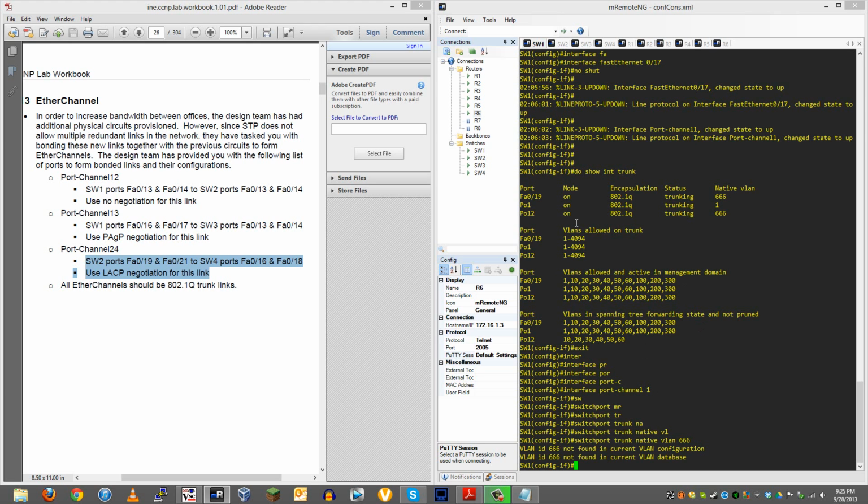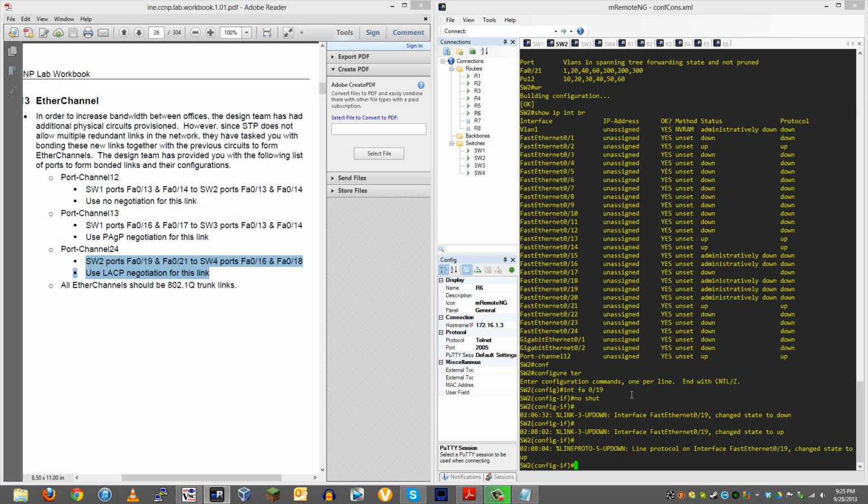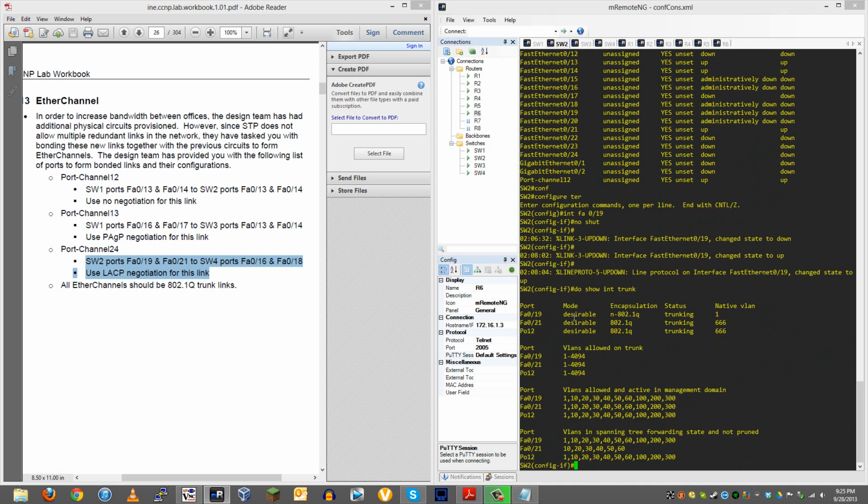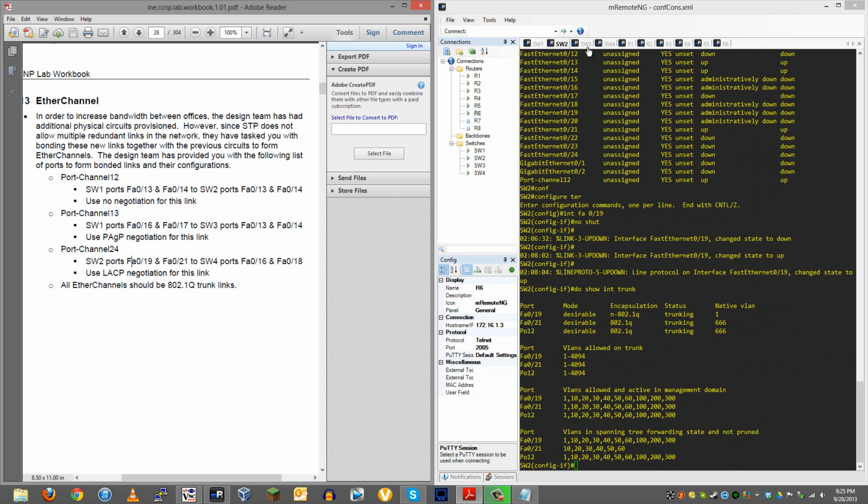What do you mean not found? I have it on the other ones. Okay, I'll just accept that. Show interface trunk. Switch 2 should have port 12 and port 24. So 12. Okay. Awesome. Now 3 should have